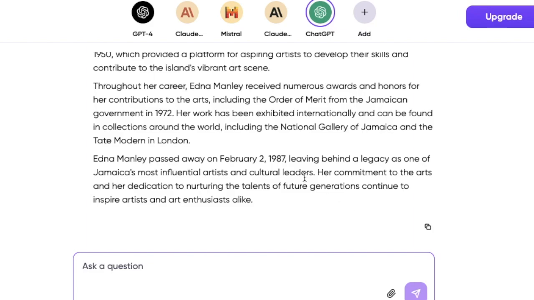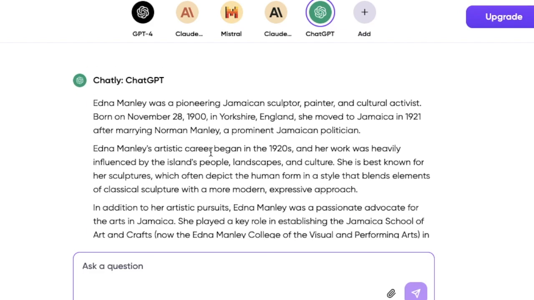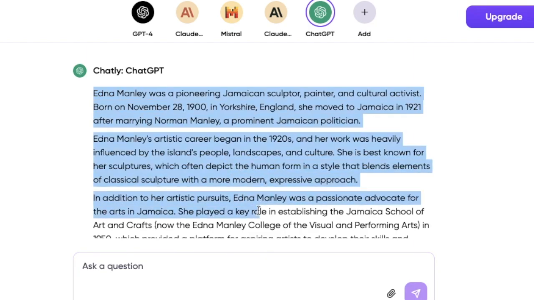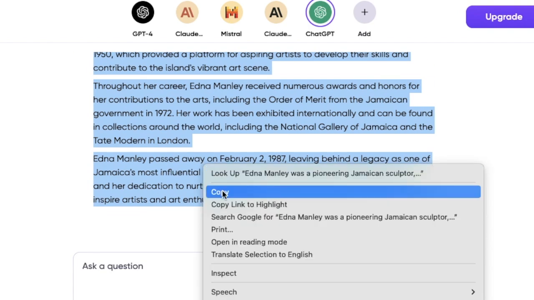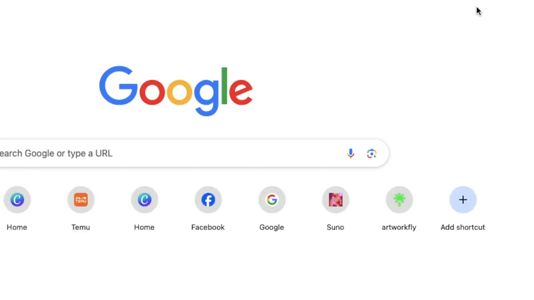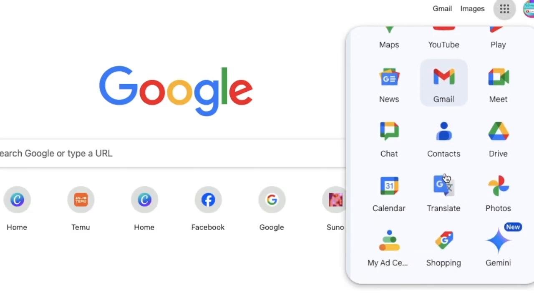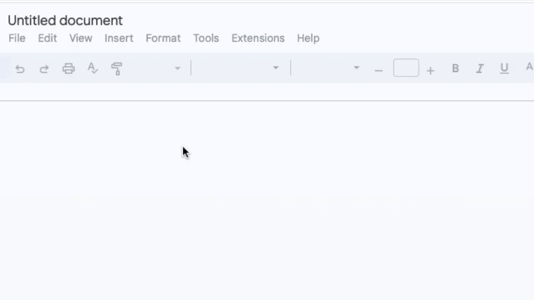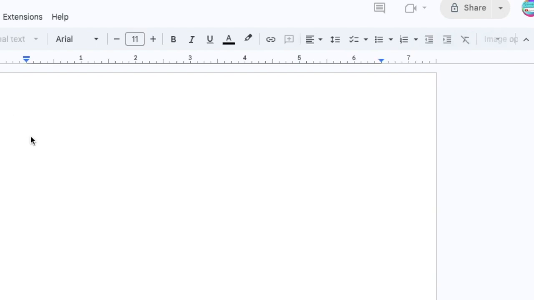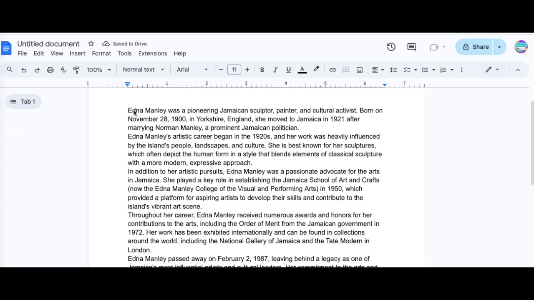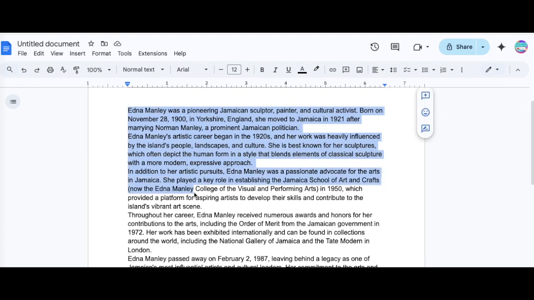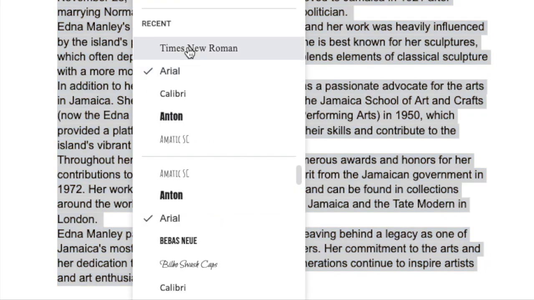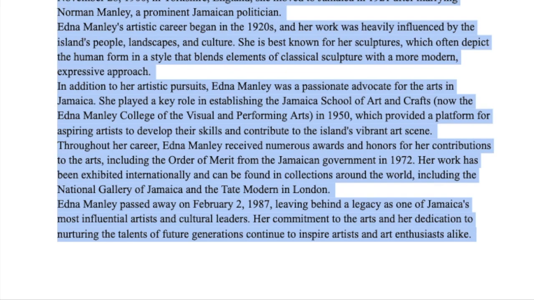Spread your wings. Alright guys, now I wouldn't advise you to copy the exact thing from ChatGPT. What you can do is copy the information that you have gotten, open a document, Google Docs or whatever you're using. If you're using Windows, I don't have Windows on this, so I'm using Google Docs. Then you paste that information. Before you do anything else, change it to what I recommended for you guys. So it would be 12, Times New Roman, double spaced.